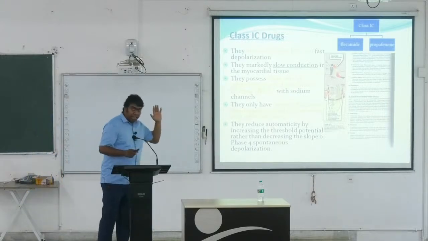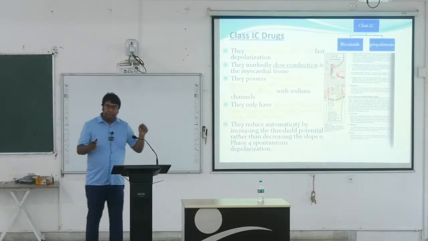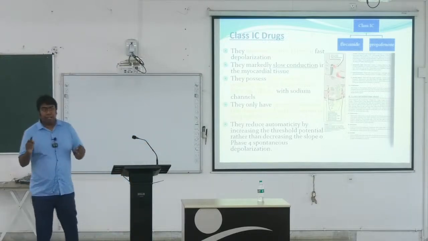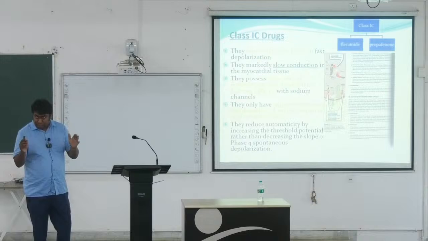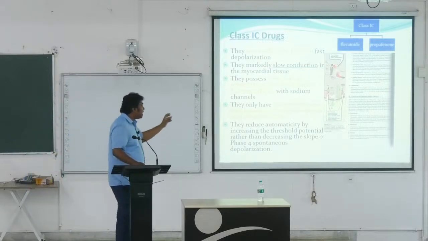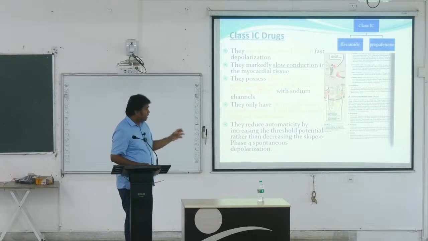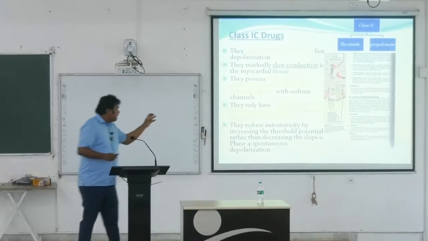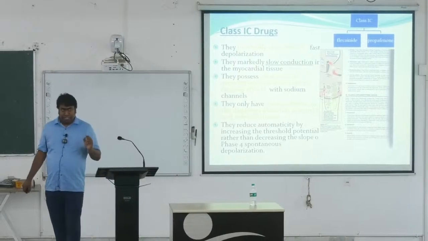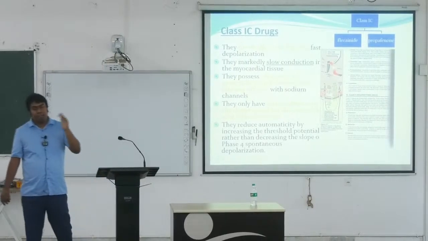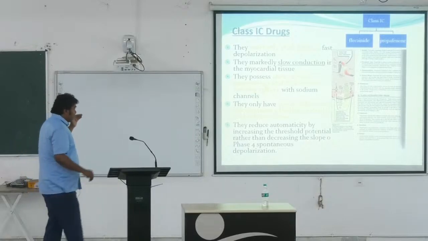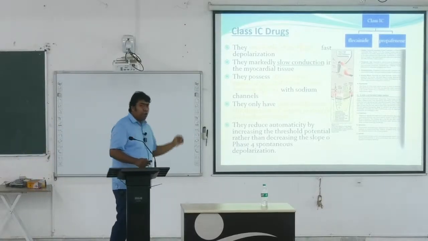1C এর কি নাম? ফ্লেকানাইড, প্রোপাফেনন। ফ্লেকানাইড, প্রোপাফেনন কোথায় কাজ করে? ফেজ 0 কন্ডাকশন, less in the effective refractory period. They reduce the automaticity by increasing the threshold potential rather than decreasing the slope of phase 4 spontaneous depolarization. Here is the difference of 1C from 1A. 1A thresholdটাকে decreasing slope দিয়ে করে।